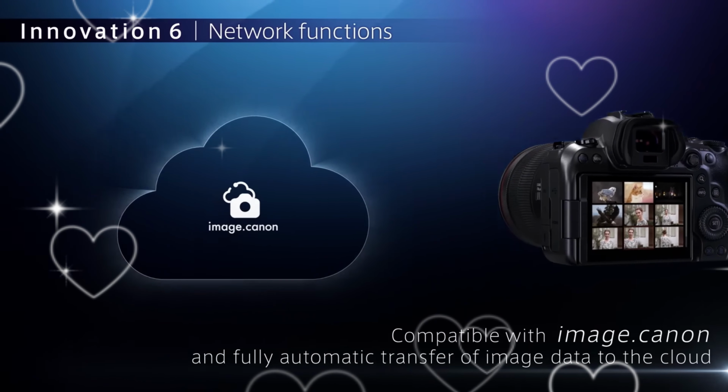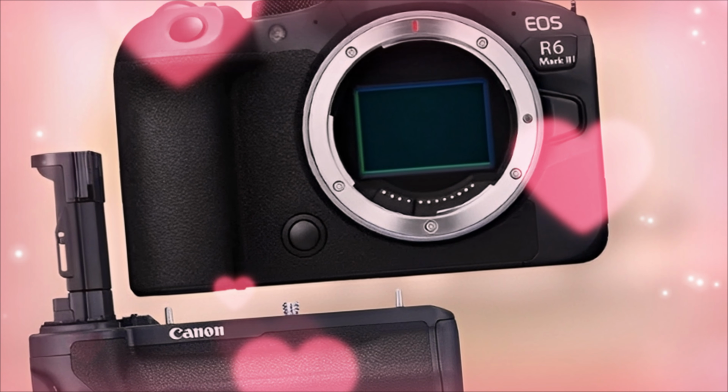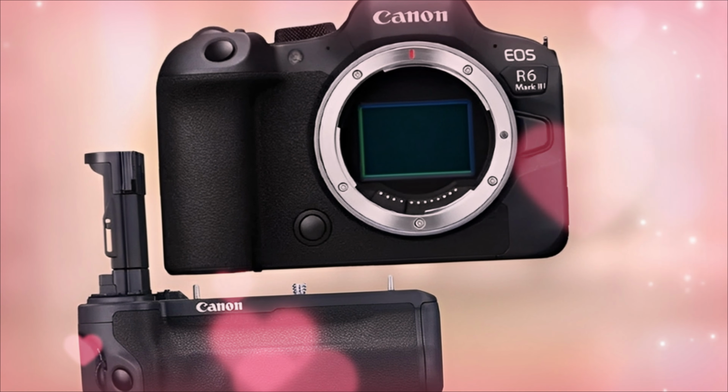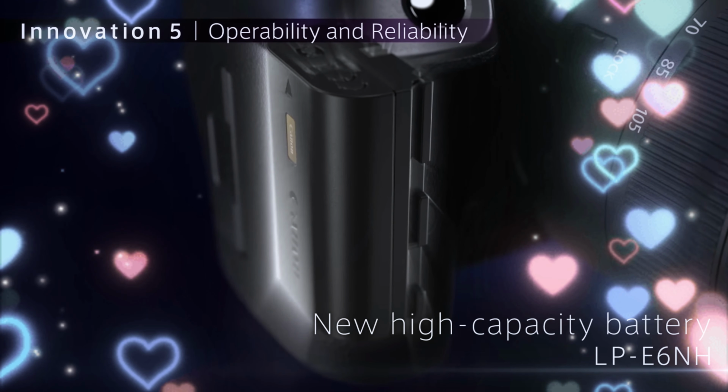CF-Express is the only way to unlock those high data rates, those massive 7K RAW files. But by keeping one SD slot, they kept the camera accessible. You don't have to throw away all your old cards. It is a bridge between the